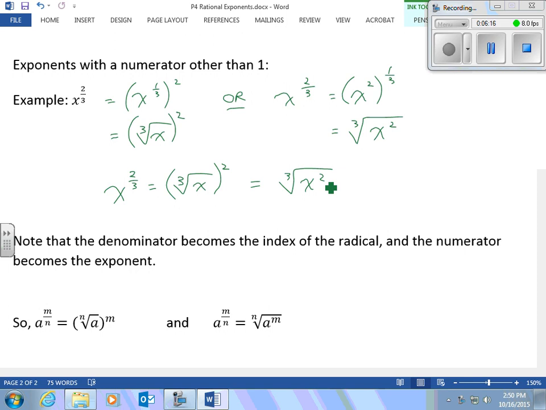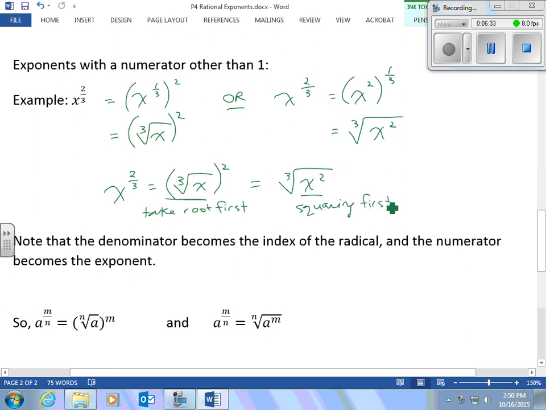Okay? In this case, we're taking the root first and then squaring. In this case, we're squaring first and then taking the root. Either way, we get the same answer. You'll see that